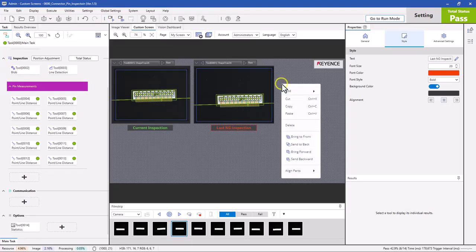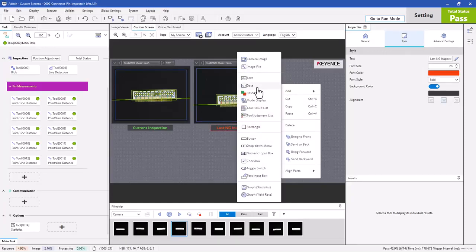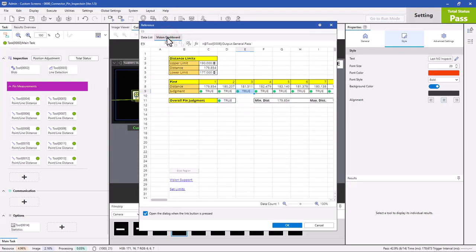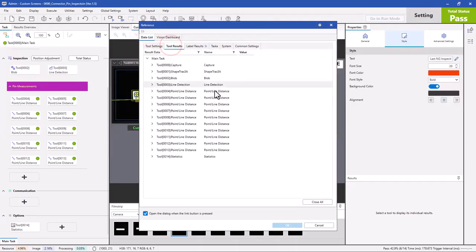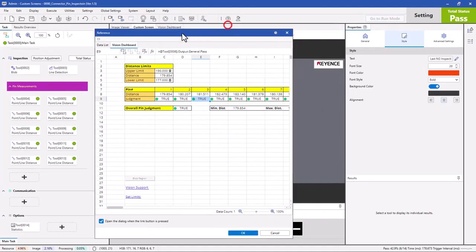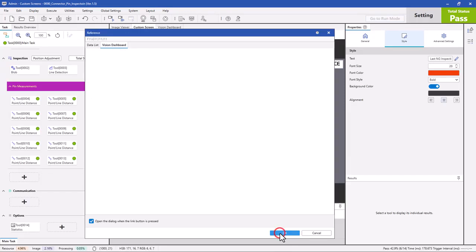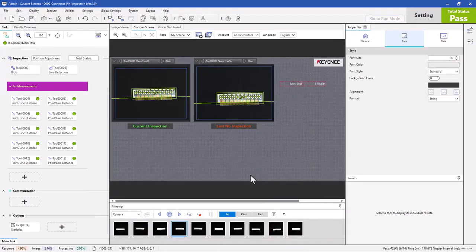So now let's right click and add a data item. So click data. Now data could be items from the dashboard or tool results or any value, things like that. I'm going to go from the dashboard for this example. On this dashboard, you can see we have a min distance and a max distance here. I'm going to grab this, and I can highlight multiple cells at once. If you want, we can do a control select. So I control-select that to grab both of these, and I'll click, and it will add these items